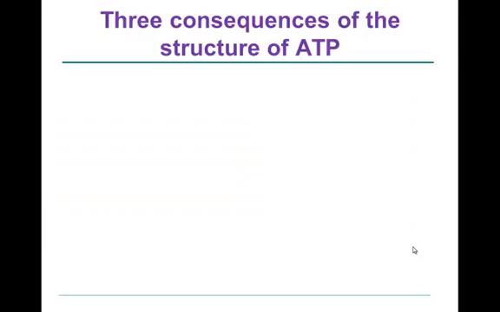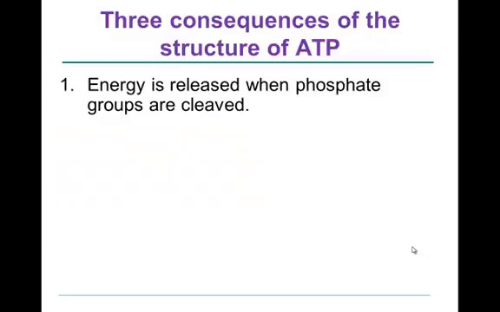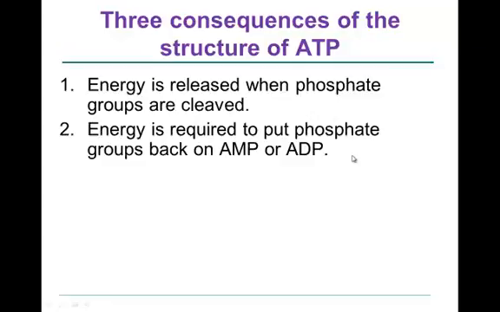Now, there are some consequences of the structure of ATP. Energy is released when a phosphate group is cleaved or broken off. Energy is required to put phosphate groups back on. And here there are two acronyms I haven't told you about, AMP or ADP. But if you know that ATP is adenosine triphosphate, you would be correct in surmising that ADP is adenosine diphosphate,